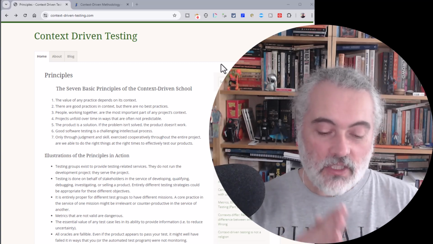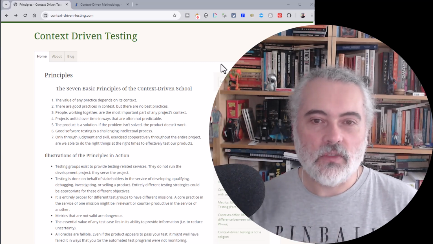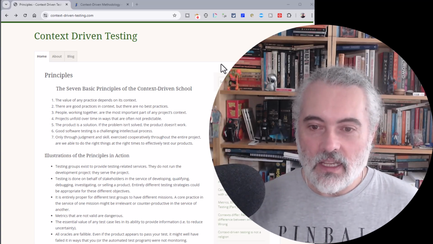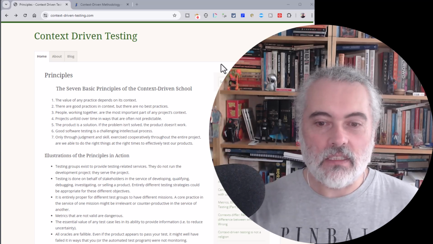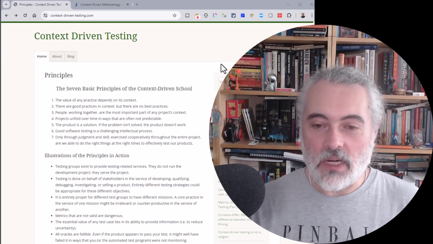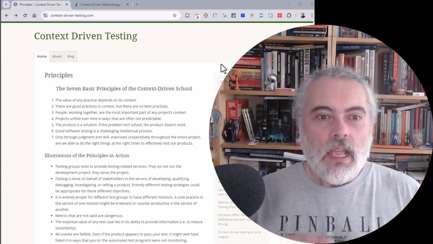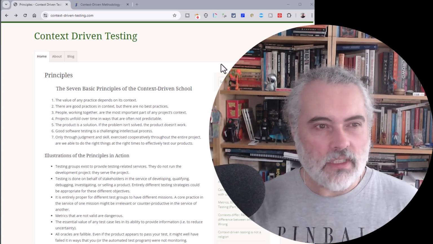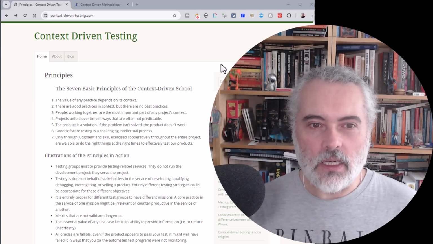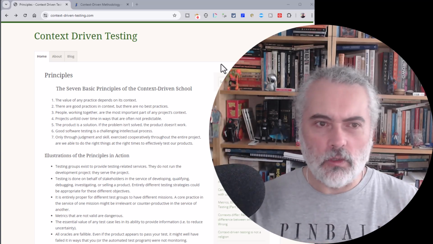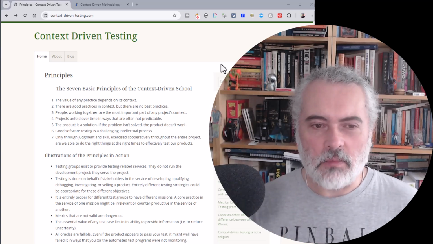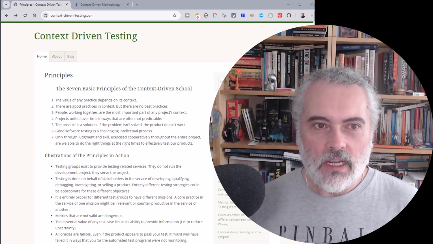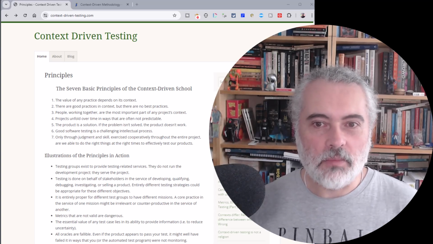The first thing that you will find if you do a search for context-driven testing is contextdriventesting.com, which is a very old site that was created initially by James Bach, Marick, Pettichord and Cem Kaner. It has lots of blog posts, lots of discussion, and there was a certain point in time, I'm fairly sure, where people were signing up for the context-driven school manifesto or signatory list. I can't remember. It's not something I ever signed up for,